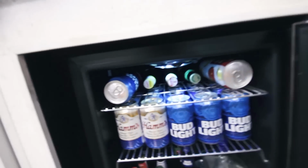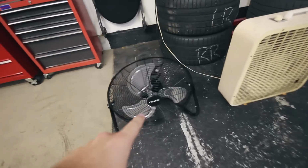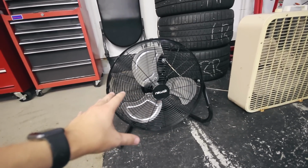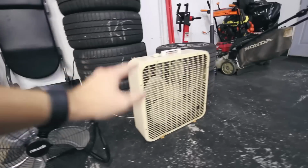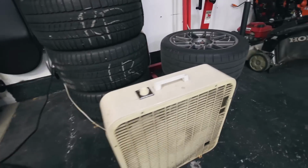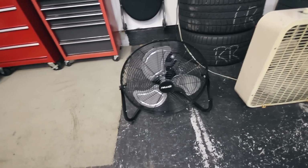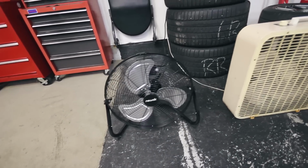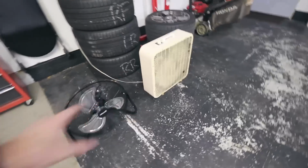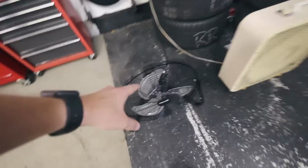So I've got that from them because I was redoing this whole garage, and this fan, believe it or not, this tiny little fan. I'm not gonna lie, when I unboxed this, I think it's 18 inches. This is the old fan I've been using here in the garage. Busted out, really old. I unboxed this being smaller, I was like, oh man, it's not even gonna be nice as this one. Until I turned it on, and there's no other way for me to show you guys how awesome this little fan is. I'm just gonna turn them both on